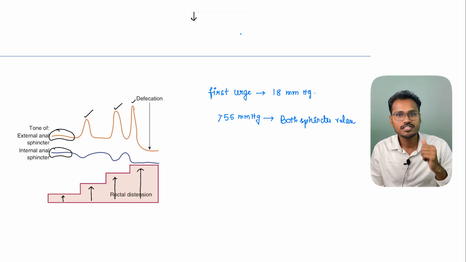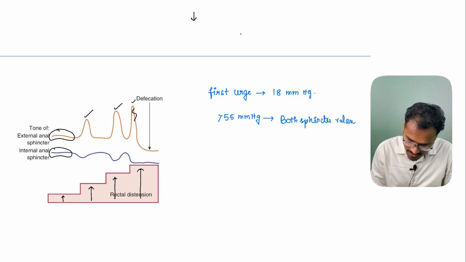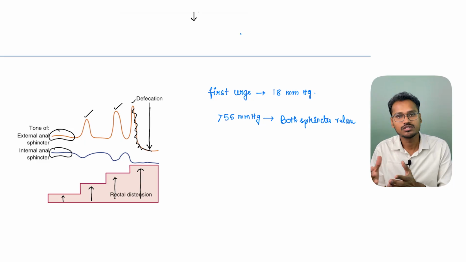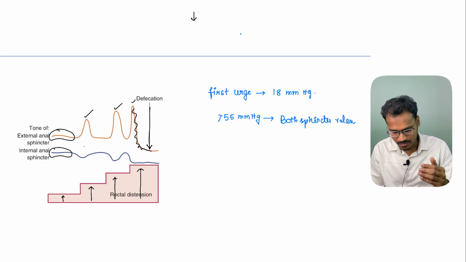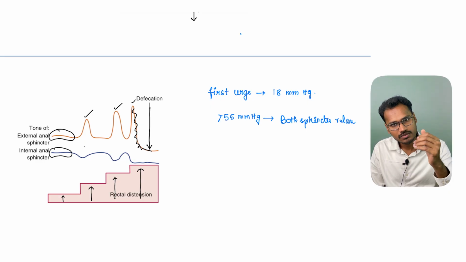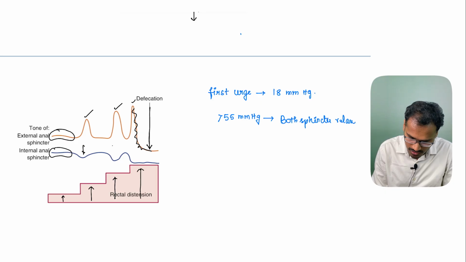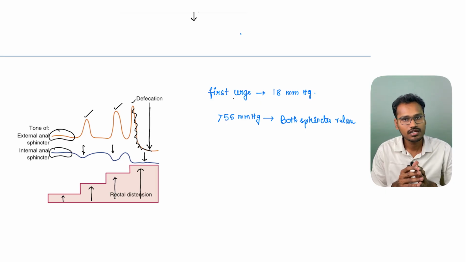But once the situation becomes favorable and you want to defecate, the external anal sphincter can be voluntarily relaxed and there is a huge drop in the pressure. So they are relaxed, and the defecation reflex can happen. Coming to the internal anal sphincter, as and when the rectum gets full, there are some areas where the sphincter pressure gets relaxed. But only if there is a complete relaxation of the muscle will the evacuation